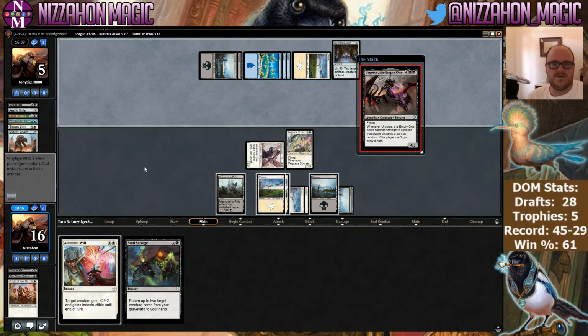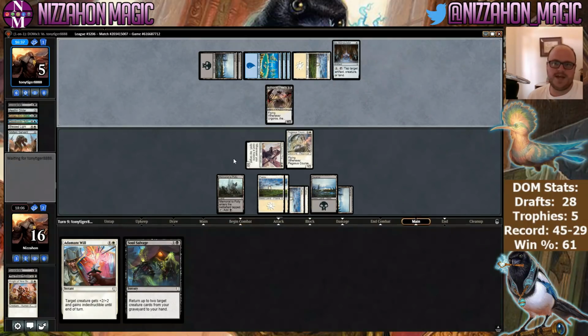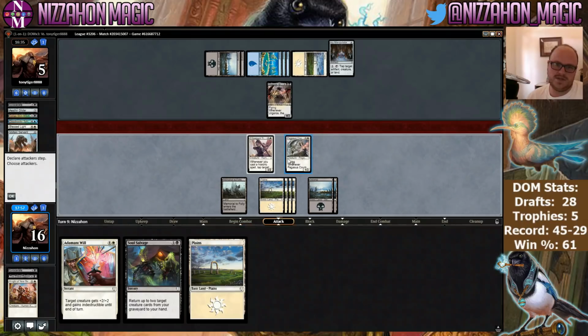Urgaros is back. Luckily, we can kill him. We can attack here, and they have to block because of Adamant Will. They're tapped out, so we just attack here, and we may just get to win the game on the spot. We won't if they decide to block, but we still kill Urgaros if that's what they decide to do, so...